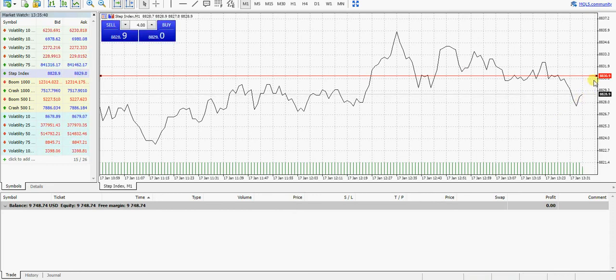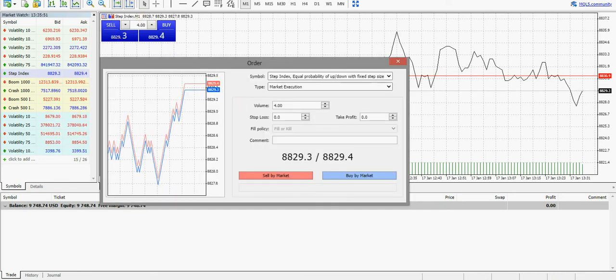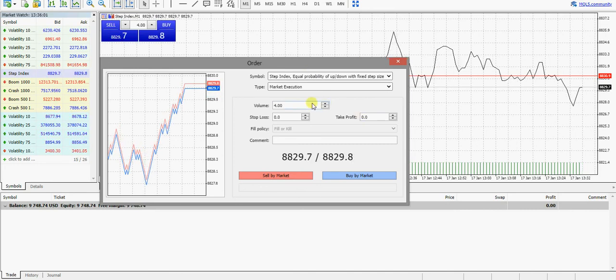The buy by market one was below it for us to be able to see the movement of this thing in case it hits the line. So we're going to be clicking on the sell by market button. Since our one-click trading is not marked, so make sure it's unmarked. Because if it's marked, once you click on sell by market, it's going to place the trade automatically. We are not going to be placing this trade automatically,